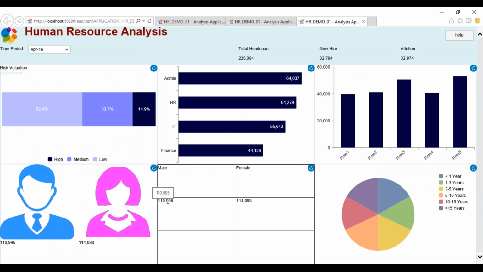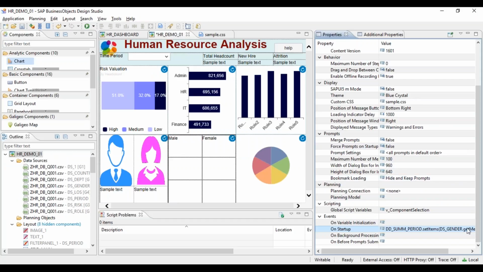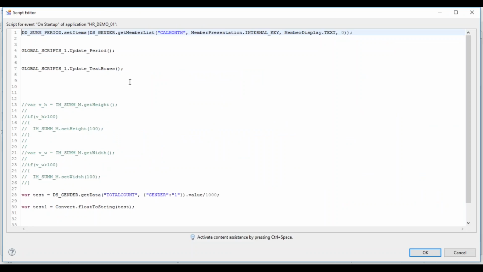Now you see we have divided it by 1000, so it gives you 110.996. So we have done the manipulation. If we want to add something, we can add. Similarly, for months also we can do that. We can get the values into an array, and then we can start the for loop and do the manipulation there. Is it clear?